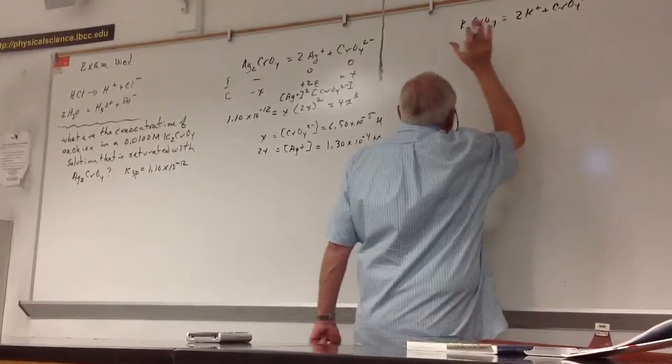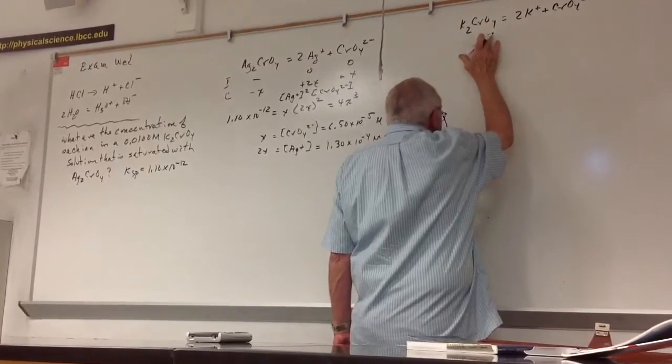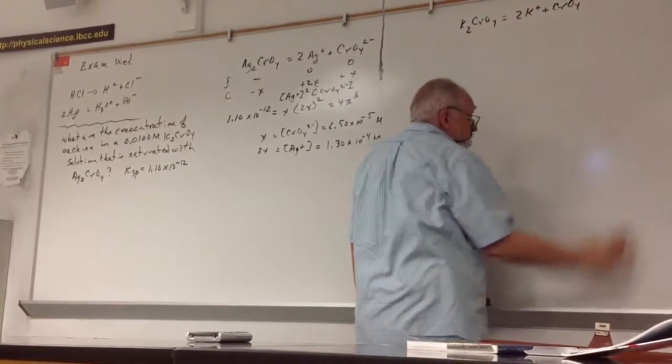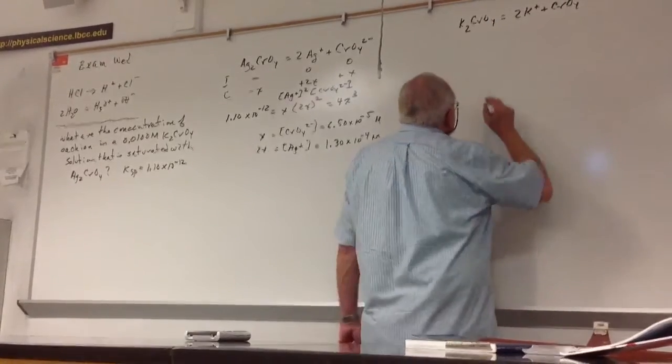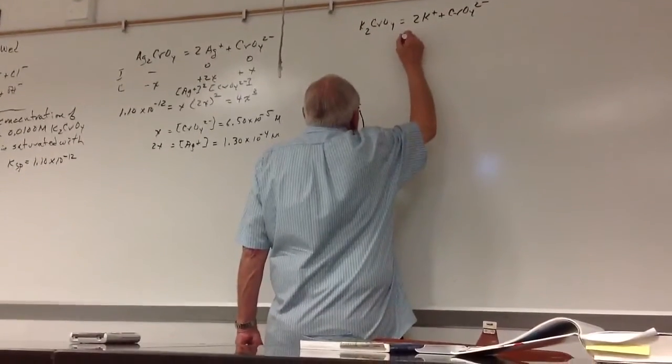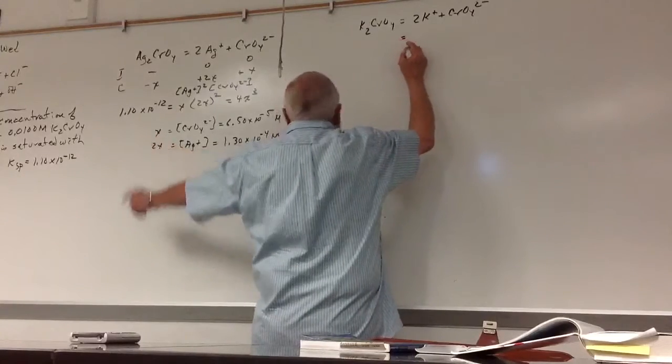Notice this is an equilibrium, but this is a really, really small number because it almost all goes into ions, 99.999, whatever. So what you get, this is equal to, looking over there,